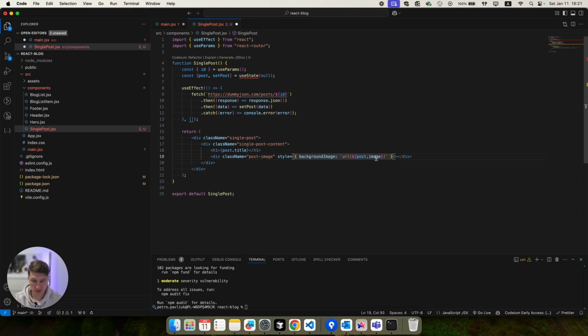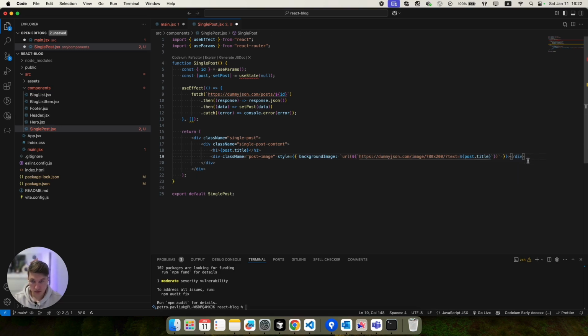Probably we need another URL, because dummyjson doesn't have an image in the post data, so we need to actually create another URL. I will create probably a dummyjson image URL, slash, and maybe add some text for that. Okay, maybe the post title. We'll check it later.